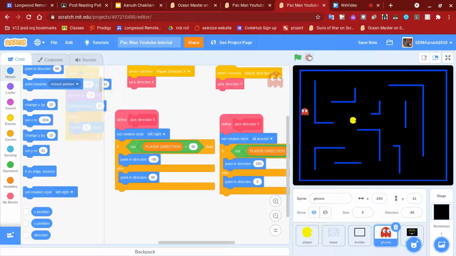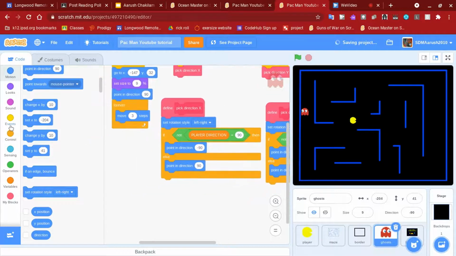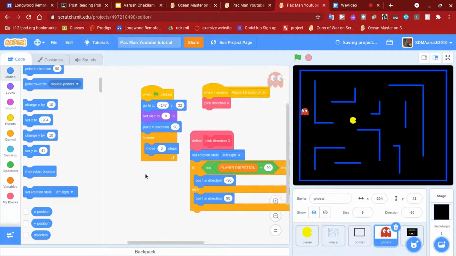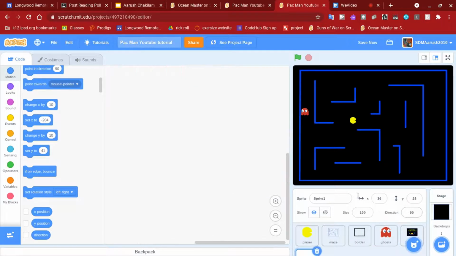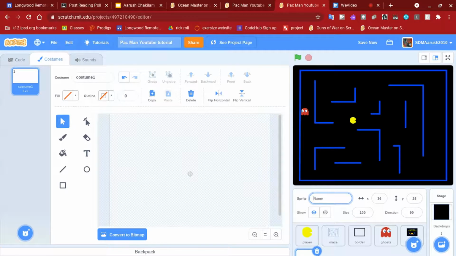So, and now that's pretty much it for the ghost sprite. Now you want to paint another sprite, well, not paint, but make one, and you want to call it